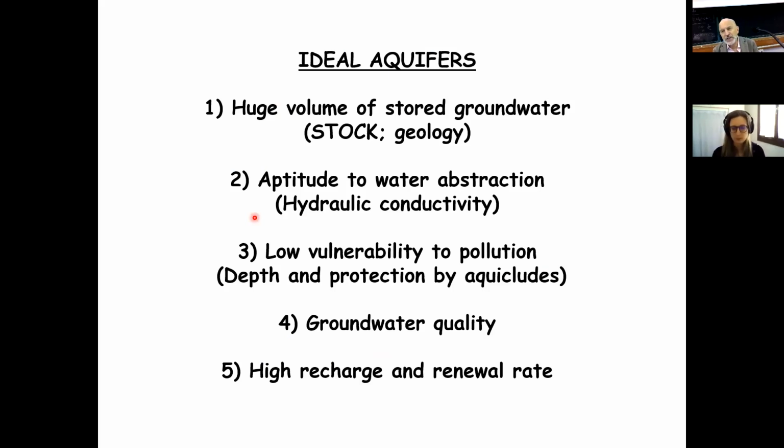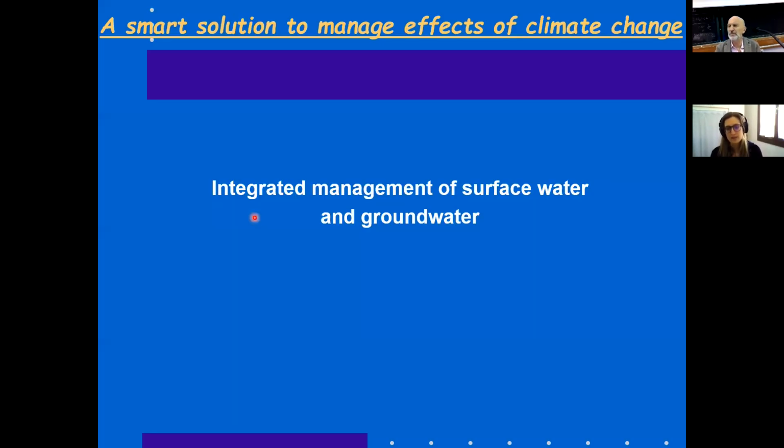So what can we do in order to mitigate the effects of groundwater overexploitation? A very good approach, a very smart solution to manage effects of climate change is the so-called integrated management of surface water and groundwater. This is revolutionary from different points of view, because you see that surface water,